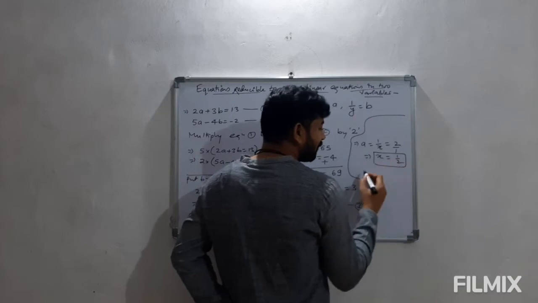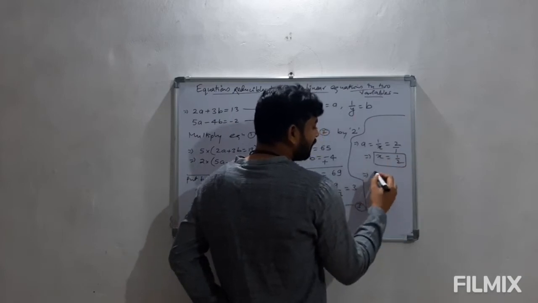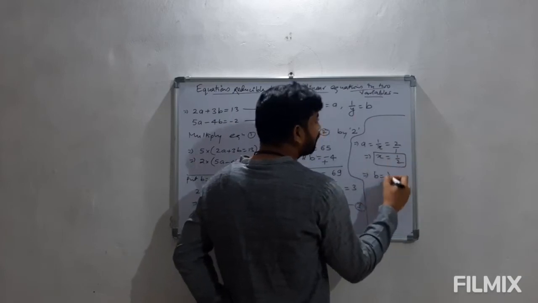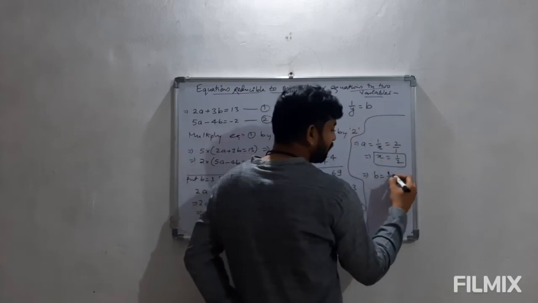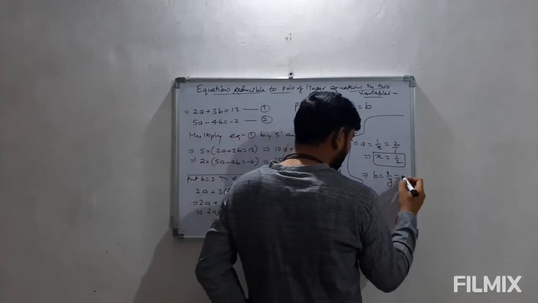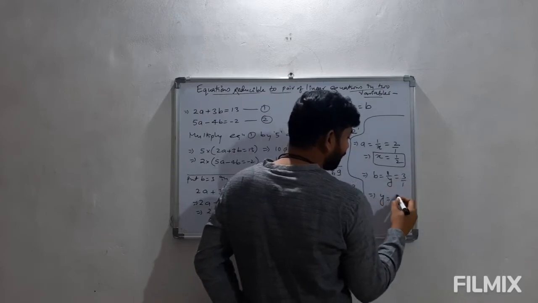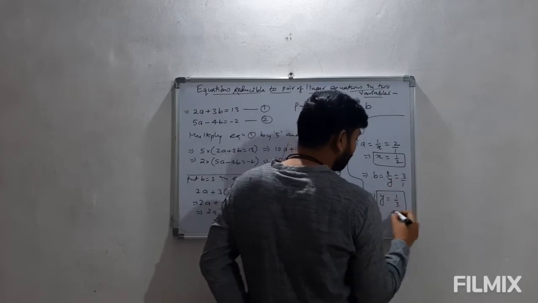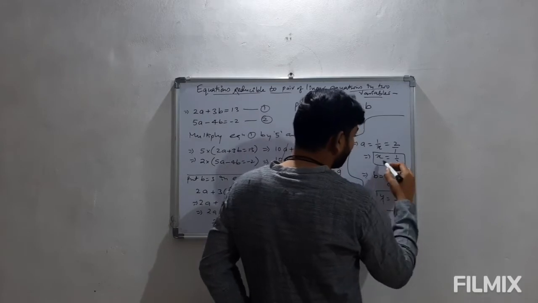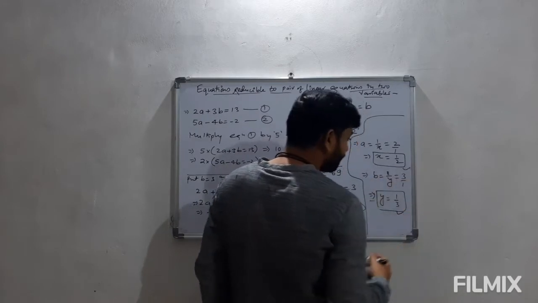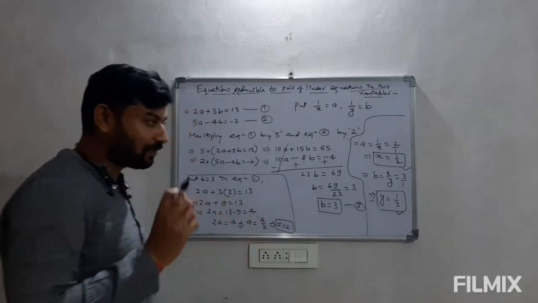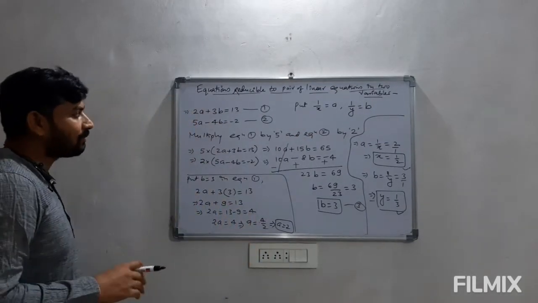तो x की वैल्यू यहाँ से 1 by 2 आएगी. और सिमिलरली अगर हम b को देखें, वो हमने 1 upon y माना था, तो b की वैल्यू थी 3. So from here if we take the reciprocal, the value of y will be 1 upon 3. तो ये जो सॉल्यूशन है ये आपके गिवन इक्वेशन के सॉल्यूशन है. x is equals to 1 by 2 and y is equals to 1 by 3.